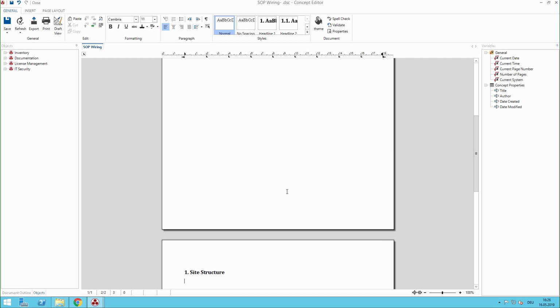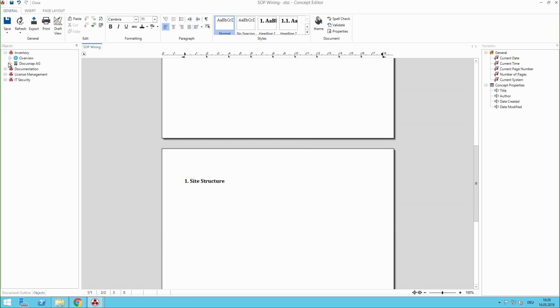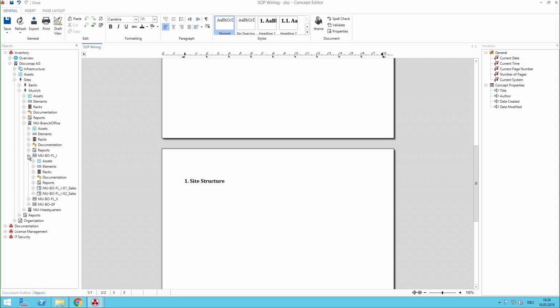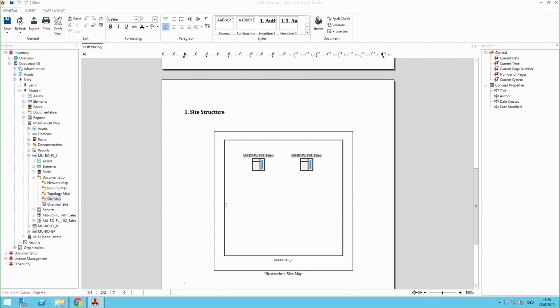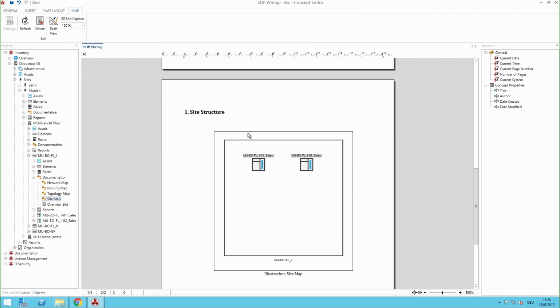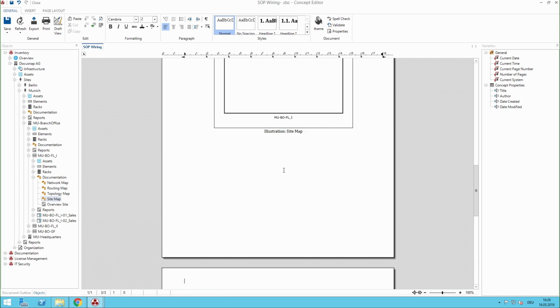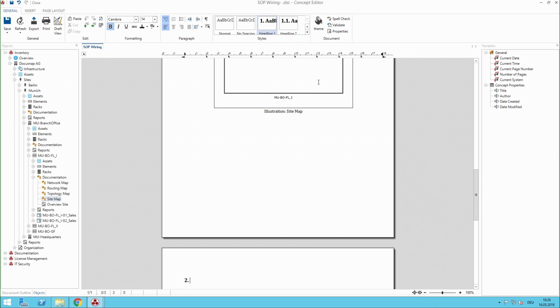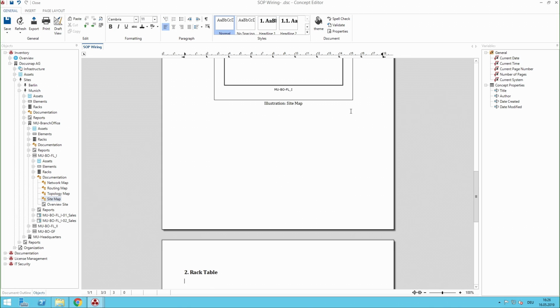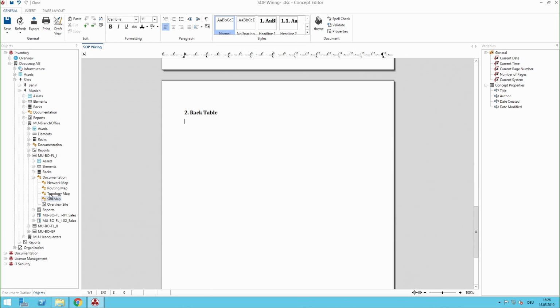And you can actually do that by selecting the sites on the left side, drilling down, and for example, if you have an overview of your office or your buildings or your floor, you can use that to import that straight away. That means you can select documentation and select the sitemap. Now, this is a bit superficial. What you can also do is to actually write down a rack table, and here I wish to select